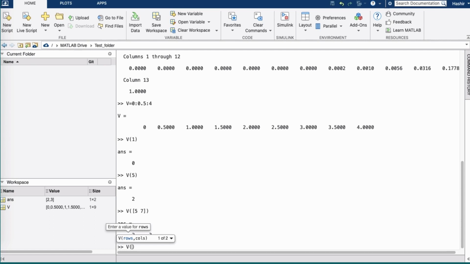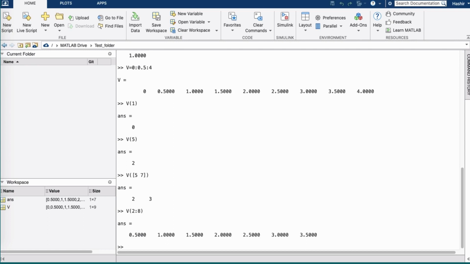That is, as we discussed before, for the range we have to use a colon. Let's say I want to see from 3 to 8, 2 to 8, and that will give me a range of values. And you can also see that, on this workspace, you're also getting your answers in here. Whatever I do, the answers are going up here also. So that will also give you a choice to keep track of where your answers are stored. All right, so let's clear this and